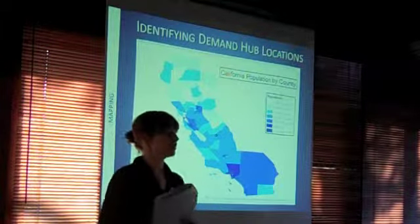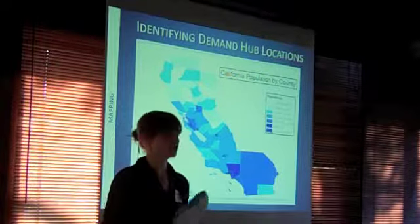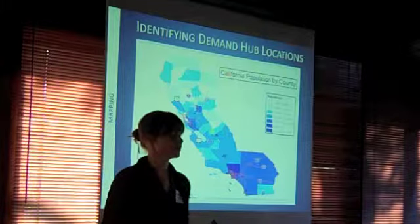We also thought that transportation infrastructure was critical to placing a regional food hub somewhere. So we also mapped